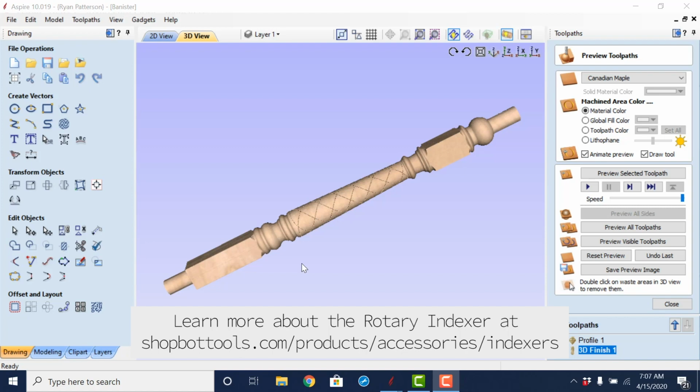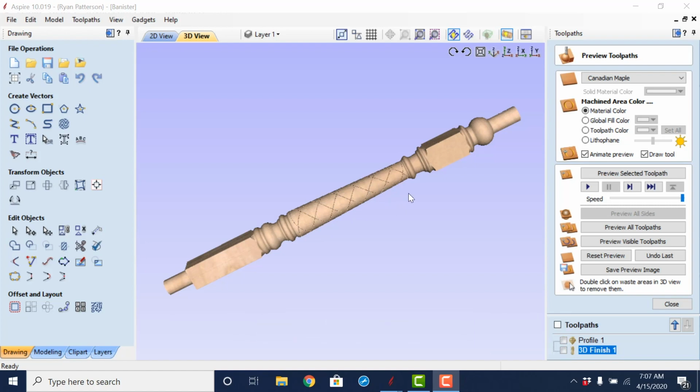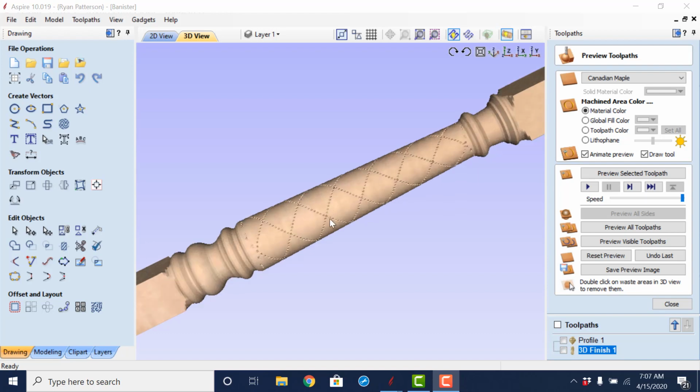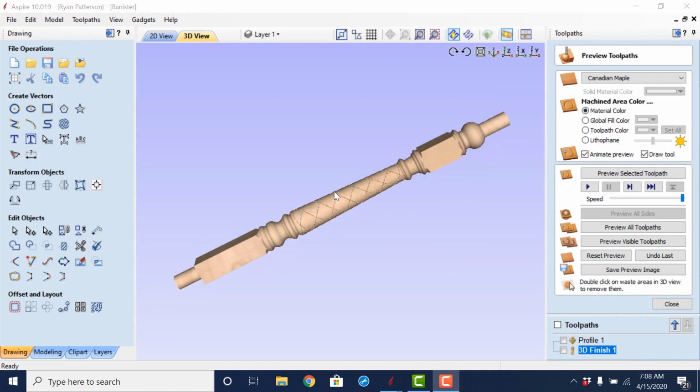Whereas a lathe is just a continuous spin, a rotation where you'd use your chisel to carve out the profile. With an indexer, we are able to control the rotation by direction and add items to our turnings that we would not be able to do on a lathe. So as we did here, I added this two-dimensional profile sweep weave onto our turning. This is what we're going to do in this tutorial: go through the steps to be able to create